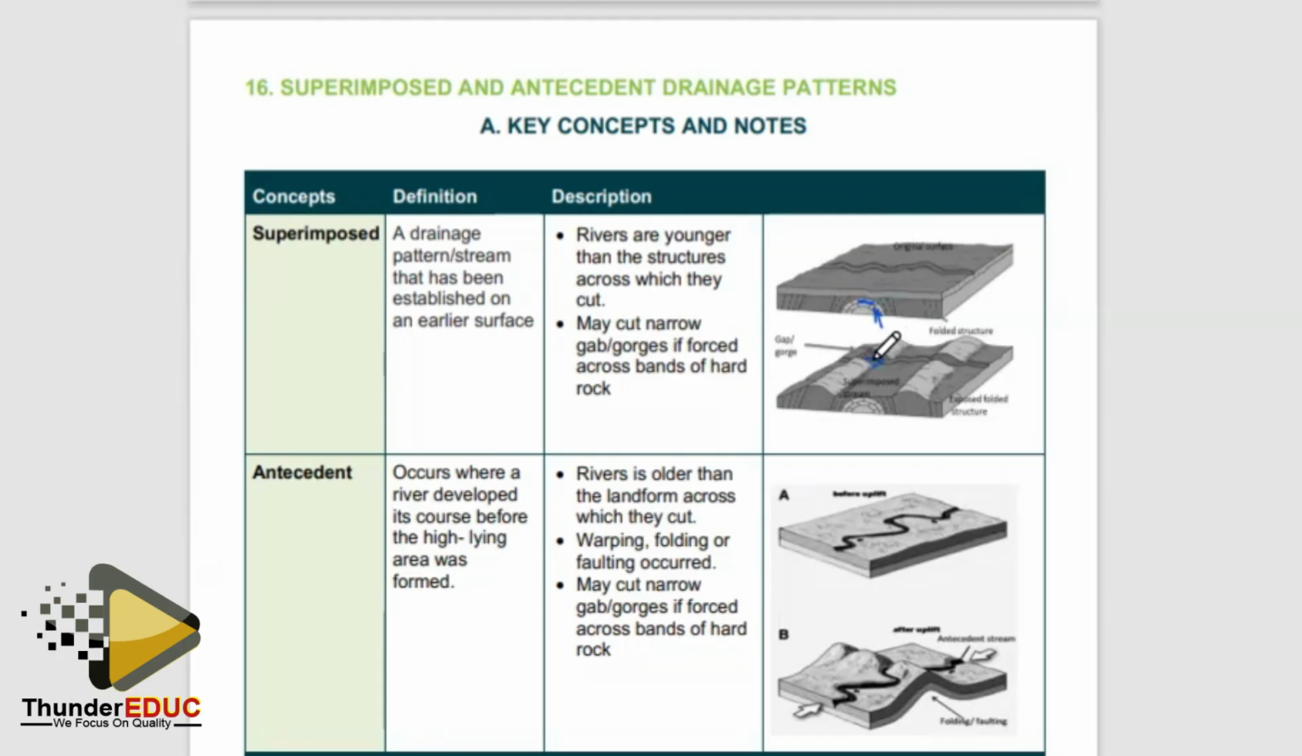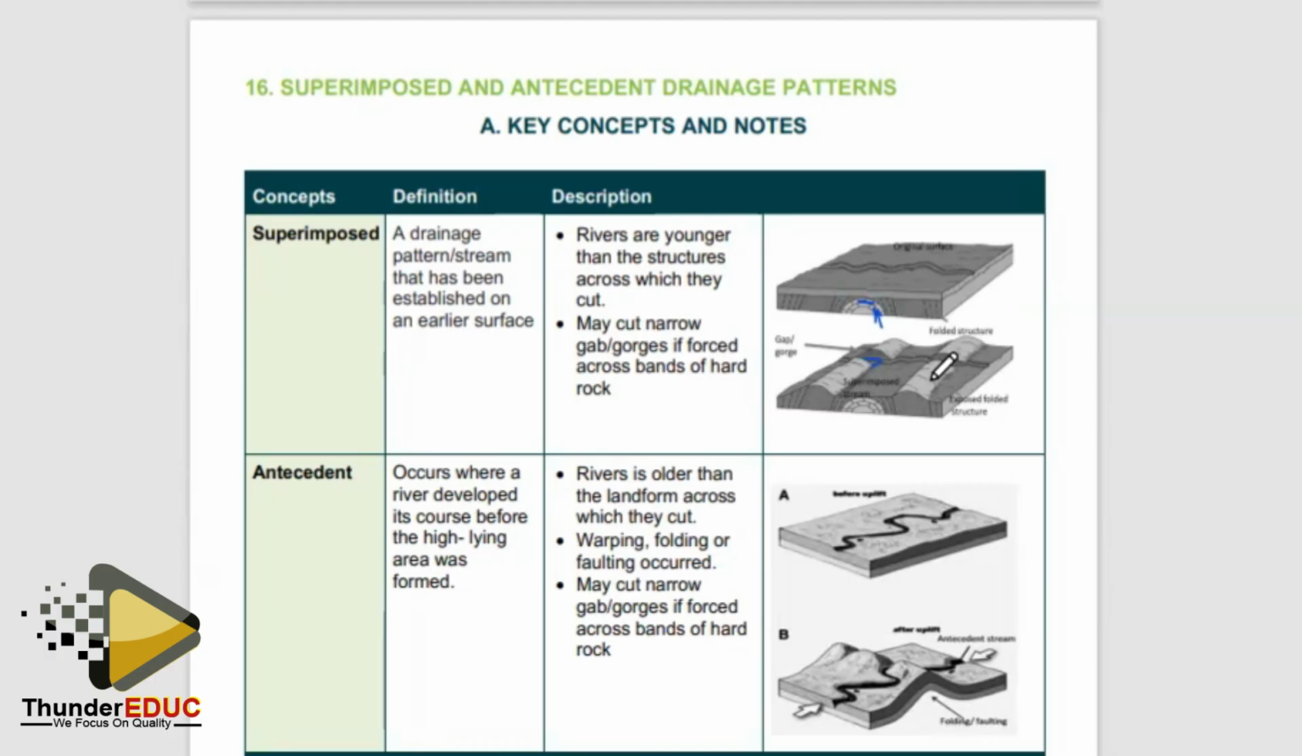It will manage to cut. It has superimposed on the landform. It has visited the landform which was hidden underground. It imposed its course on top of the landform, and because of erosion, the river will manage to cut through the landform, which will mean that we can have a river here now which is cutting across a high-lying area